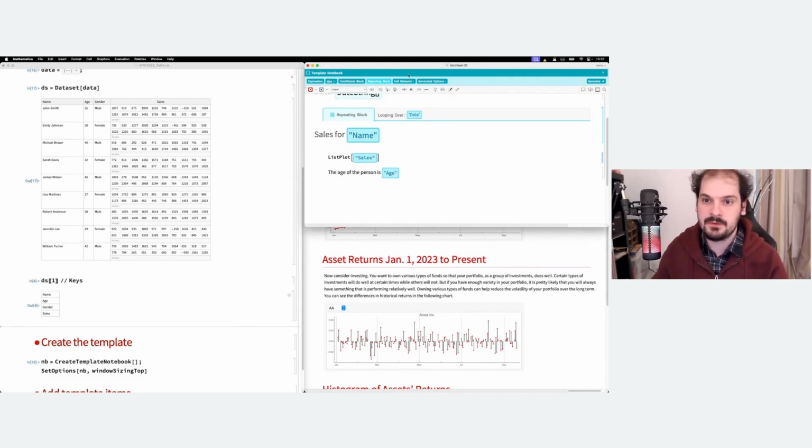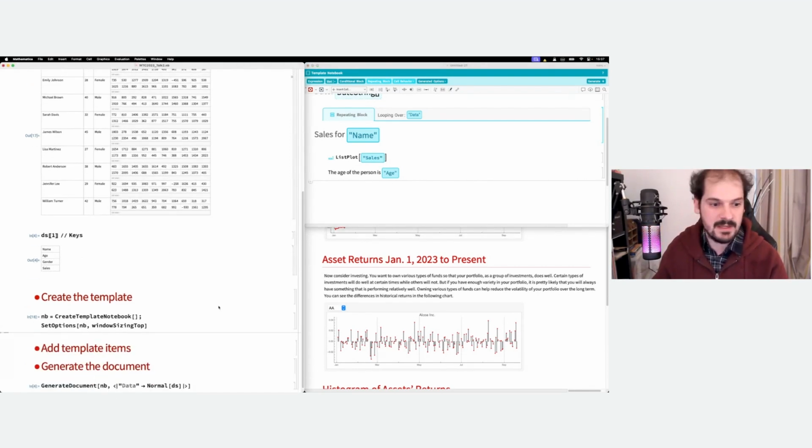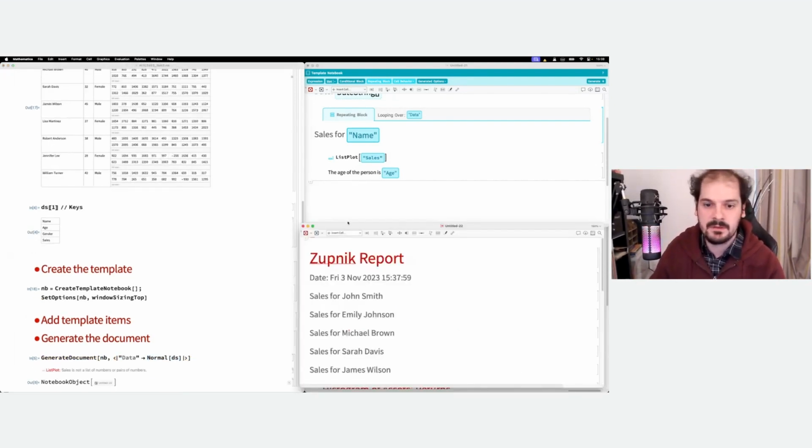And we're going to add some cell behavior where we evaluate the information, and we evaluate the cell, and then we delete it. So now we've added our template items, and now we're going to generate this document. Generate document. We provide the notebook, which can be a file, it can be a cloud object. In this case, it's a notebook object, and we're supplying our data where we've normalized the data set because we need it in as a list of associations. And when we run this,